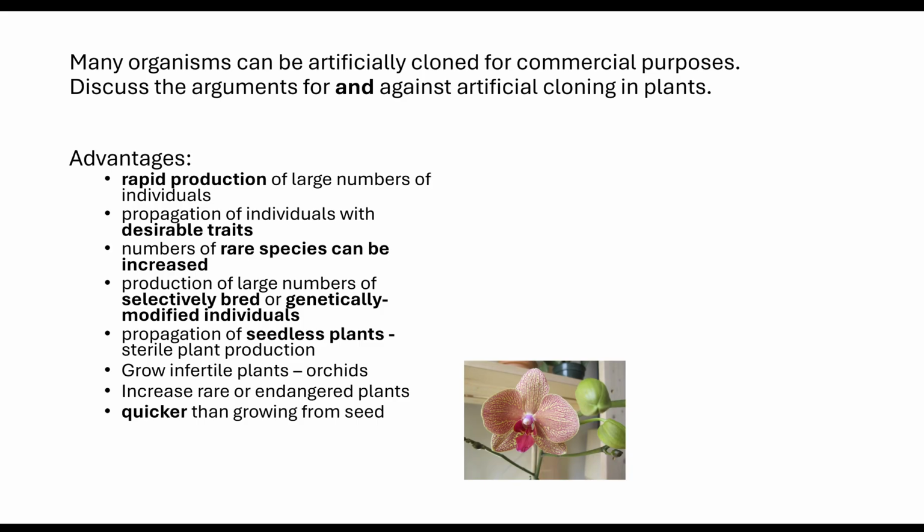It is just needing to produce more cells and then differentiate into the likes of roots if we're taking a cutting, or if we're talking about the explant then going through this division to produce lots of it. So it's important to note that we don't need to break anything down to then allow for the growth, which makes it a quicker process. Now, it's important as well to note whenever you're asked a question on this, that it's not good enough to just say it's quicker than growing from the seeds. It's important you can give a way in which it's quicker